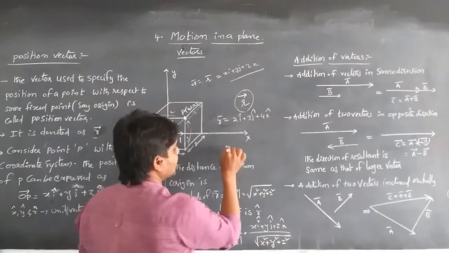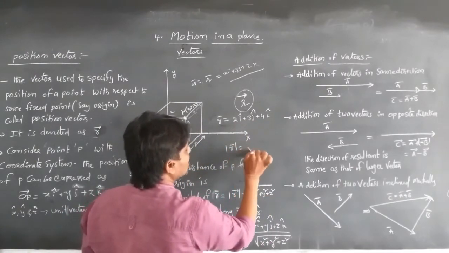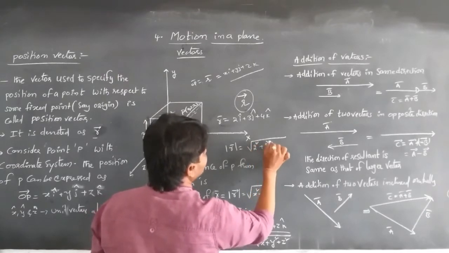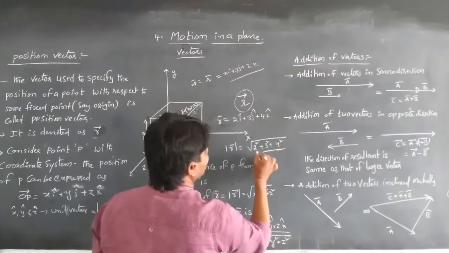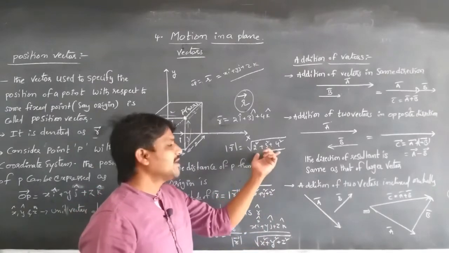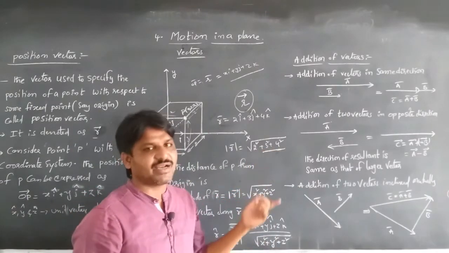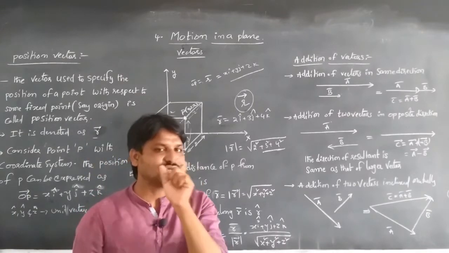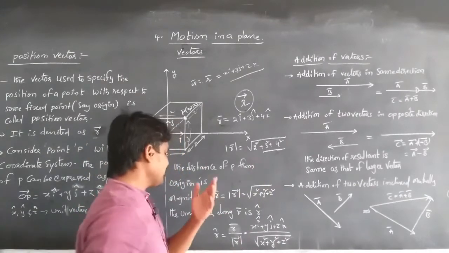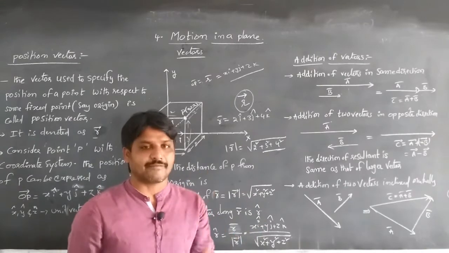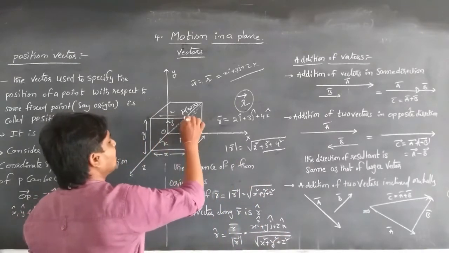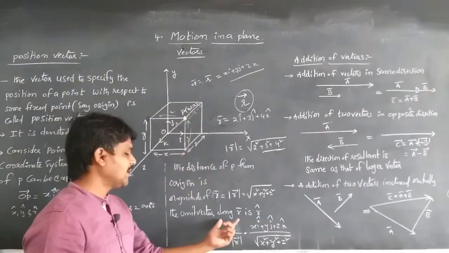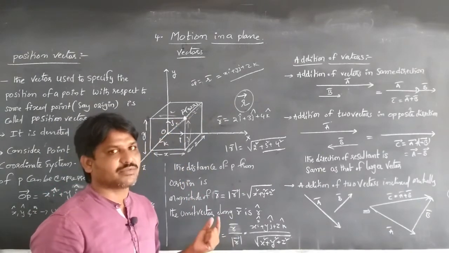mod r bar is equal to the square root of 2 square plus 3 square plus 4 square. By calculating this equation we can find the length of the position vector, meaning the magnitude of that vector, as well as the unit vector along r. The unit vector along r will be r cap, is equal to, we know that,